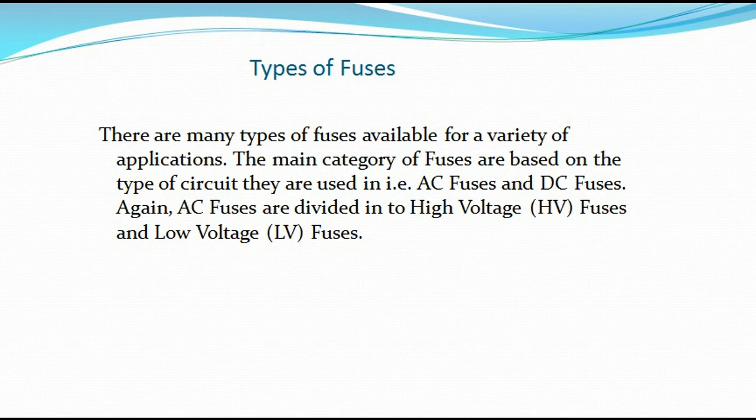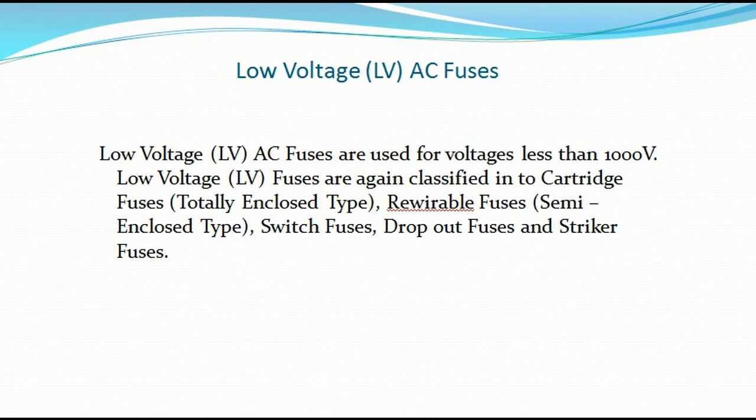In types of fuse, I told you that the main categories of fuse are based on the type of circuit you are to use it for, for example, AC and DC. I now go forward again. AC fuses are divided into high voltage and low voltage, which I have explained before. I repeat, a low voltage fuse is used at less than 1000 volts,